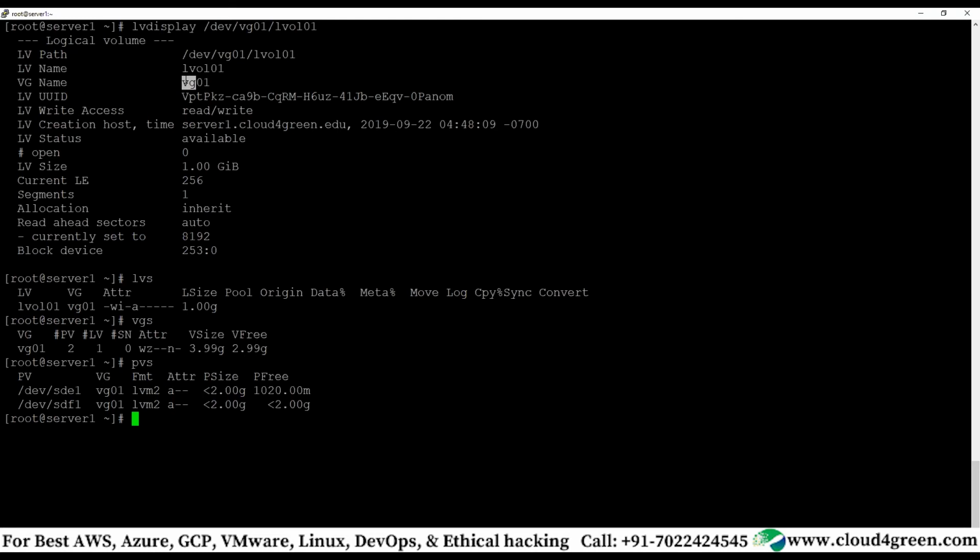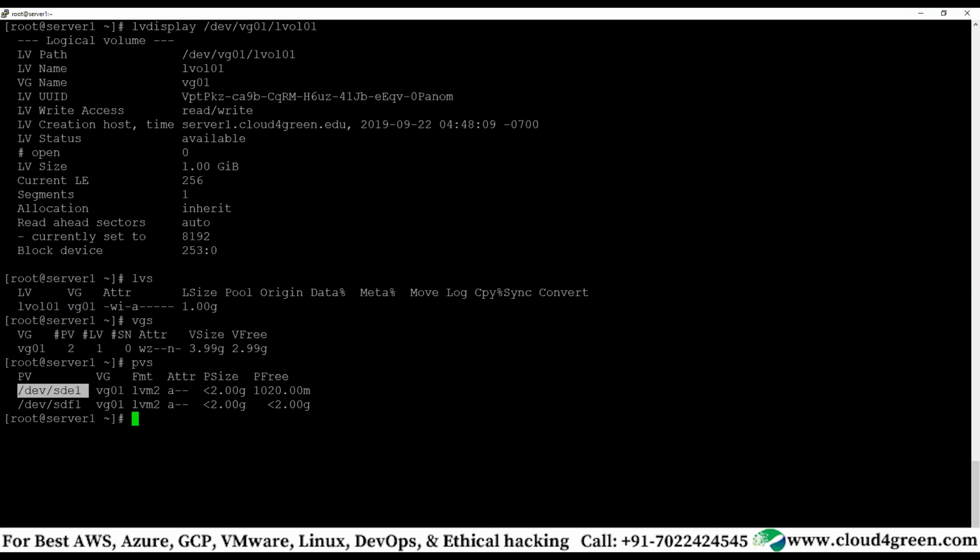But you can look at the PV right now and see that the free extent on SDE1 is less, close to 1020. That means the 1 GB created as a logical volume is being used up on this physical volume. Since there are only one or two disks, they are easy to identify, but where there are more, you will not be able to find it.